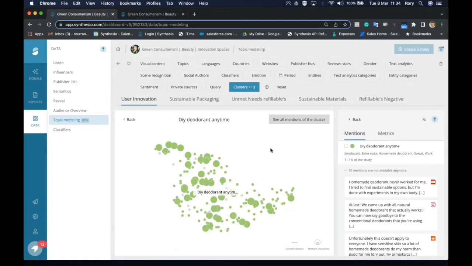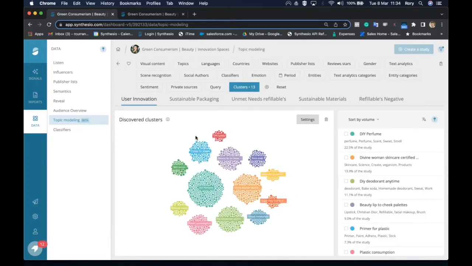So just for reference, each circle you see on the screen represents a conversation. The size of the circle represents the number of interactions on that mention or conversation, and the distance between each circle represents the semantic similarity. So essentially what we've done through these two topic modeling studies is very quickly leveraged our AI to automatically identify